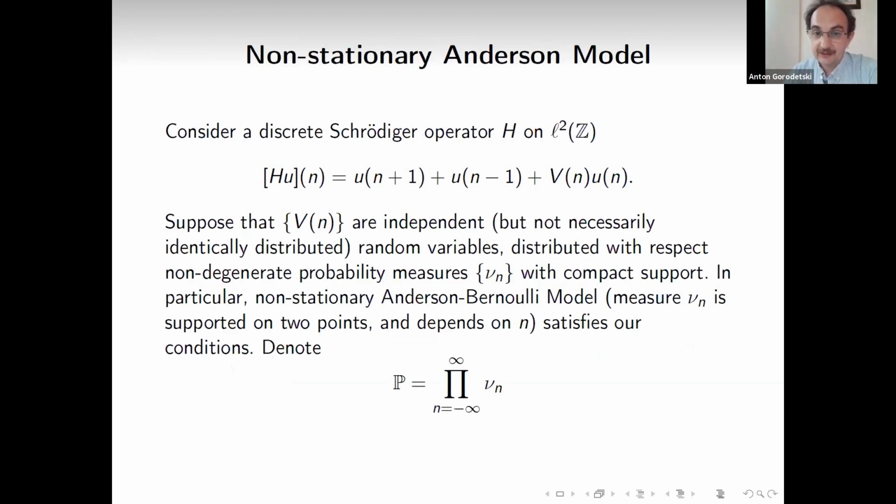So that gives you exactly this setting where you have random variables that are independent but not identically distributed. And in this case, we can still ask what are the properties of this operator